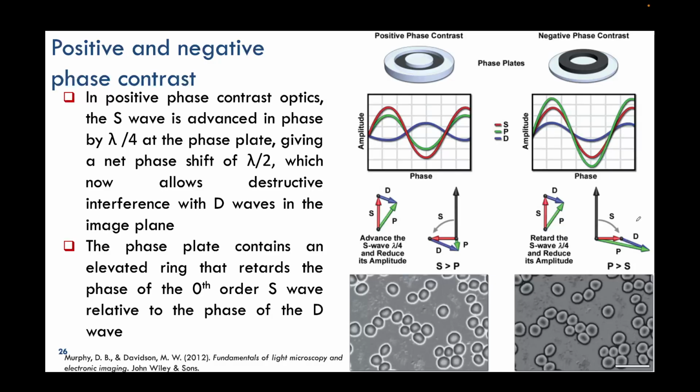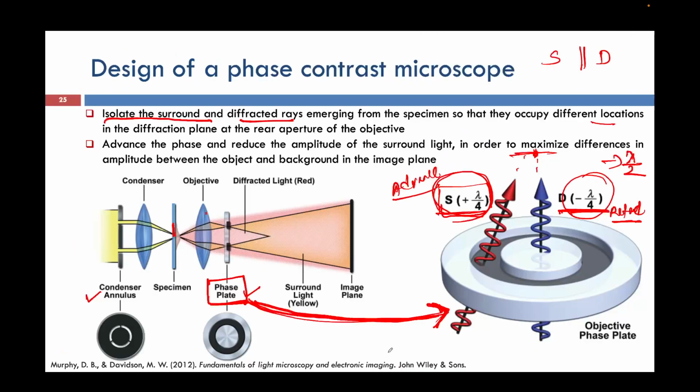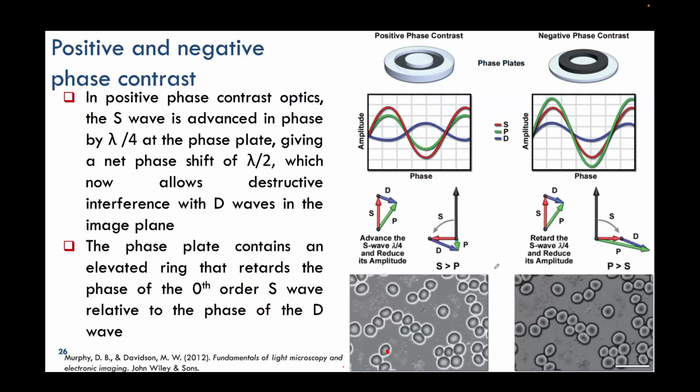Okay, and if we want to see the positive contrast and the negative contrast, same thing. The positive contrast here, if you look, these are the bright and these are the dark, and there are two types of contrast, positive and negative. Positive contrast is whichever I have explained here. So instead of passing the undeviated ray through this region, if you block this region and let the undeviated ray pass through this region, right? So that is what will give you the negative